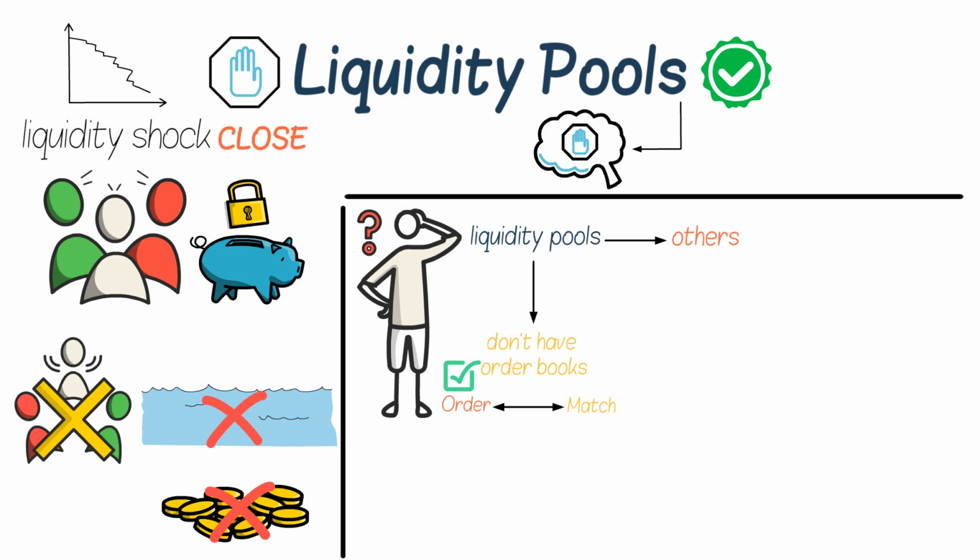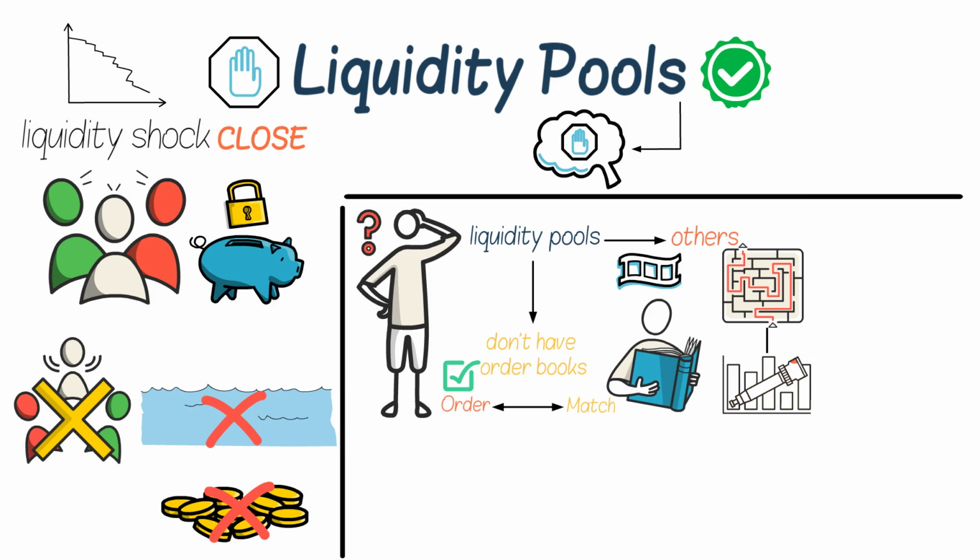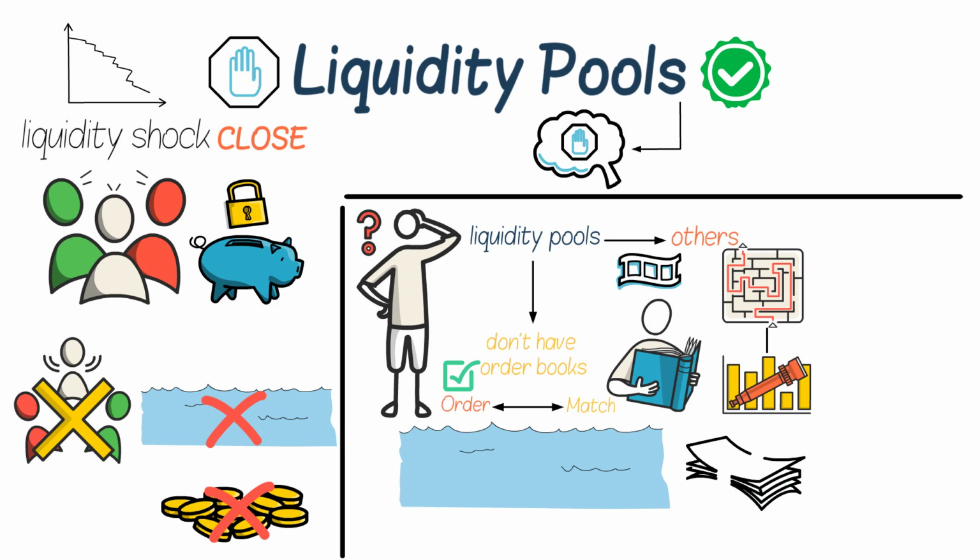This would be like if there was a complicated notebook of when and who was in the pool and how much space they took up. It would be very hard to keep track of, and liquidity pools don't have that. This takes the complication out of the system by making it more streamlined. It's like the pool shrinks or grows depending on liquidity providers, rather than counting how many people were in the pool. Liquidity pools also don't charge trading fees. Instead, they make their money by charging a small amount of interest on the money that is loaned to the liquidity providers.